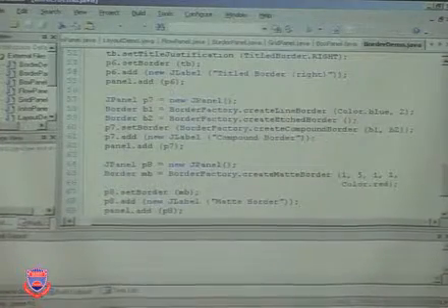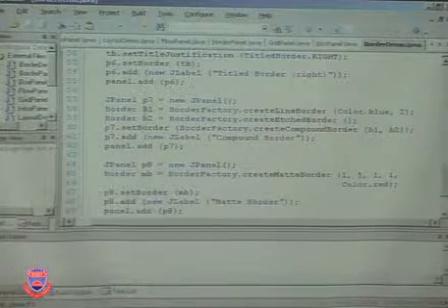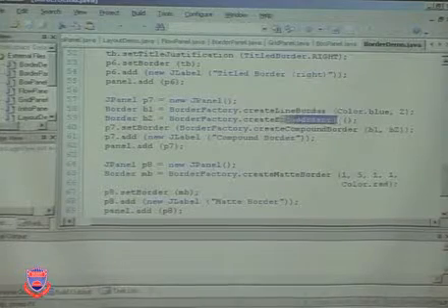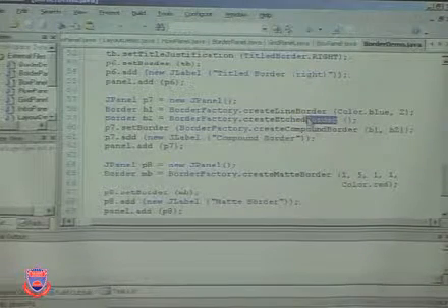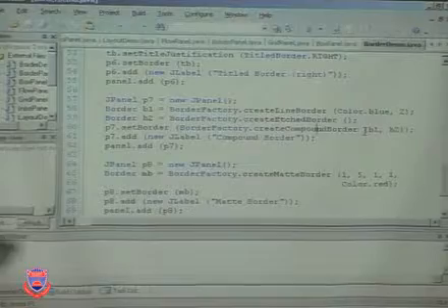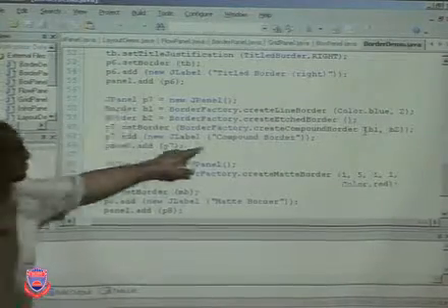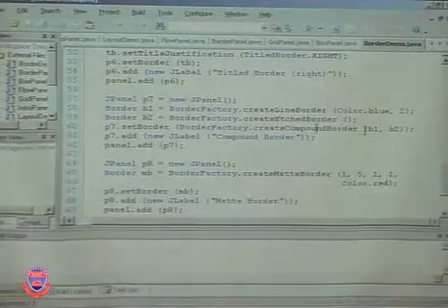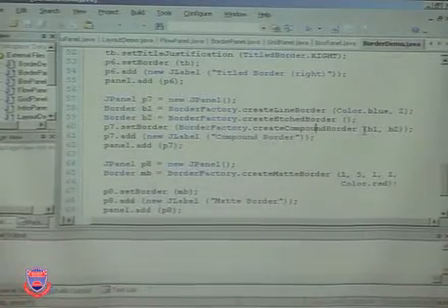You have panel 7, which is going to have border 1, which is a line border, and then the other one is an etched border. It wasn't actually a bevel border. So if you remember, this was a combined border, a compound border with B1 and B2. So you can combine different borders as you like. And